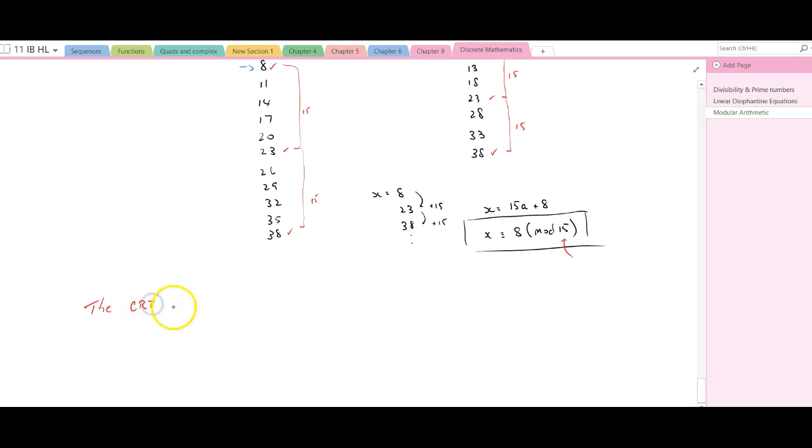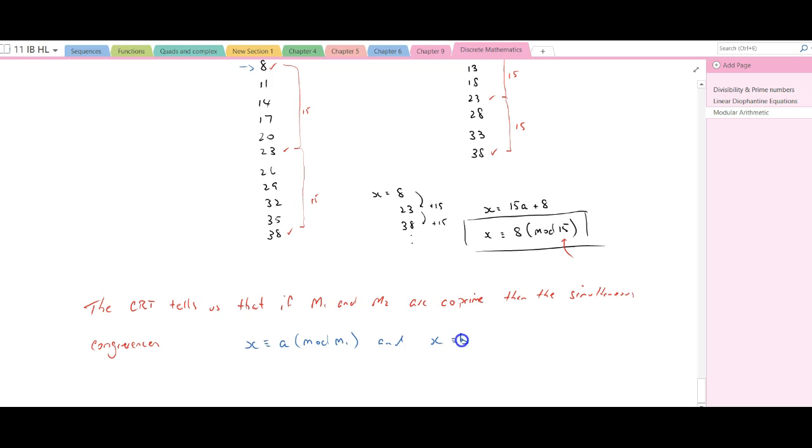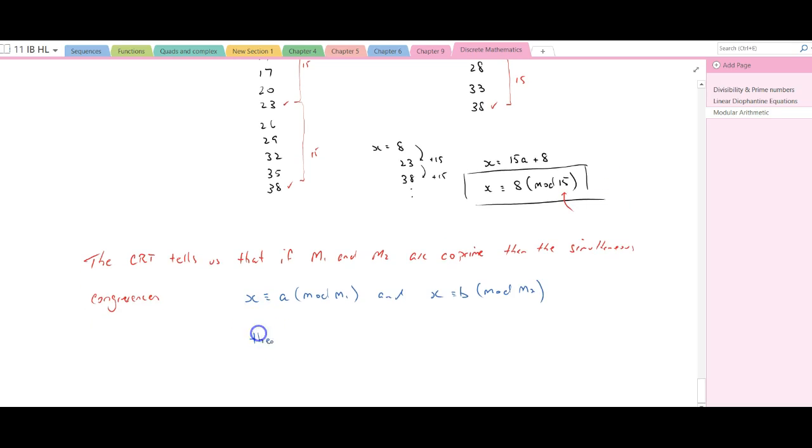The Chinese remainder theorem tells us that if M1 and M2 are co-prime, then the simultaneous congruences, where x is congruent to A mod M1, and also x is congruent to B mod M2, then